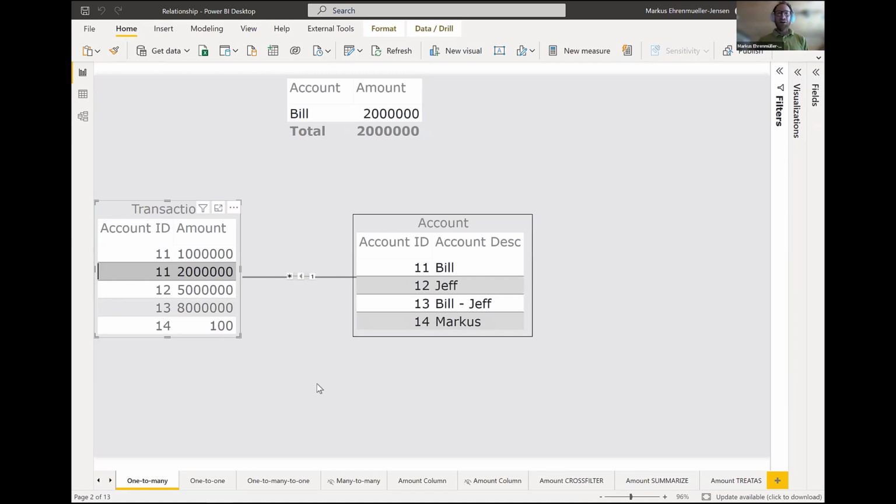So your goal is only having one-to-many relationships with a single directed filter from the one side to the many side. There are exclusions, of course. As always, there might be situations where you cannot model it like that, but then please go inside yourself, think about it, and talk to your peers, to your colleagues, and find out if it's really the only way or there's a way around. Because that's what we're going for, having a relationship like that, because it's faster. And Power BI as a model is optimized for models having one-to-many relationships.